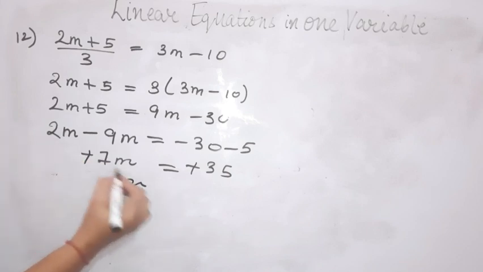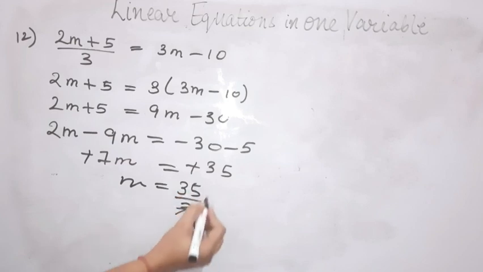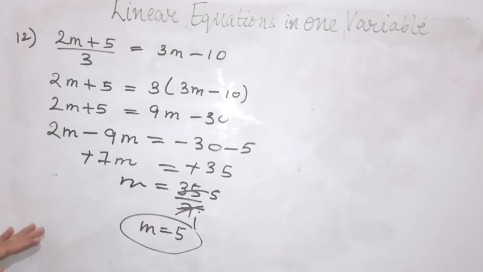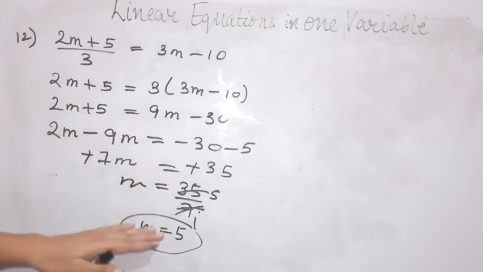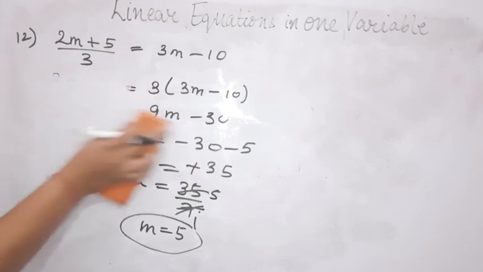Now this 7 is in multiplication. Once it goes to the right hand side, it will be division, right? So what is the value of m? The value of m is 5. So by both ways the answer will be the same. So it's totally up to you. Either you send the alphabets to the right side, or you can keep the alphabets on the left side and keep the constants on the right side. The answer will be the same in every condition. Yes, but you have to follow all the rules.